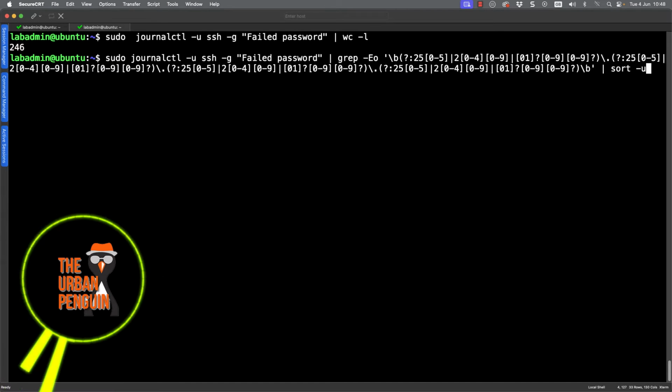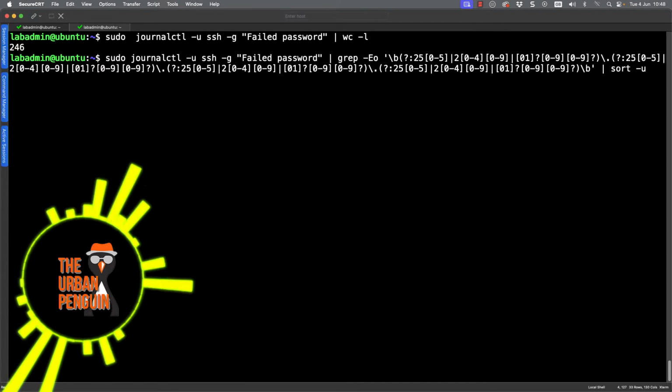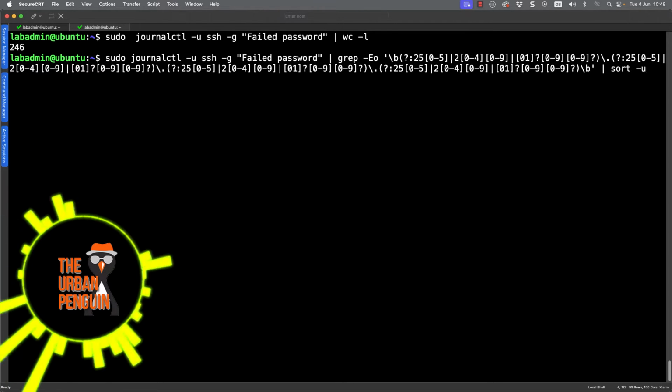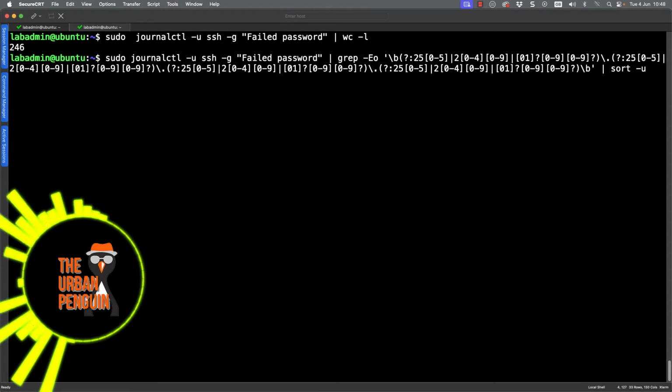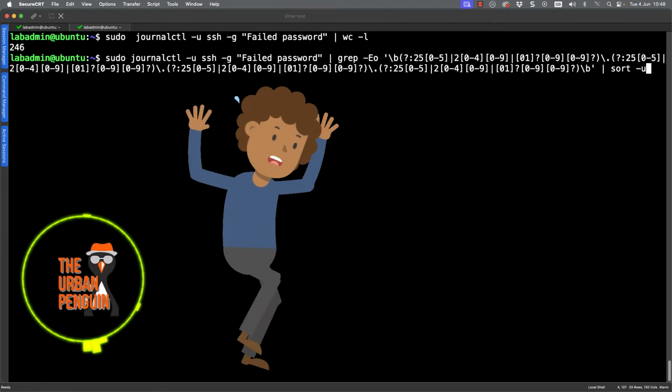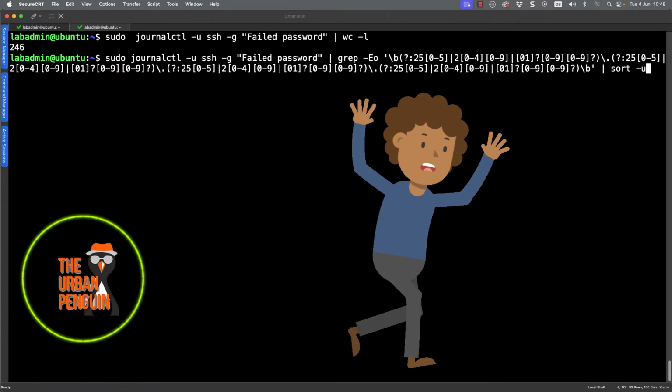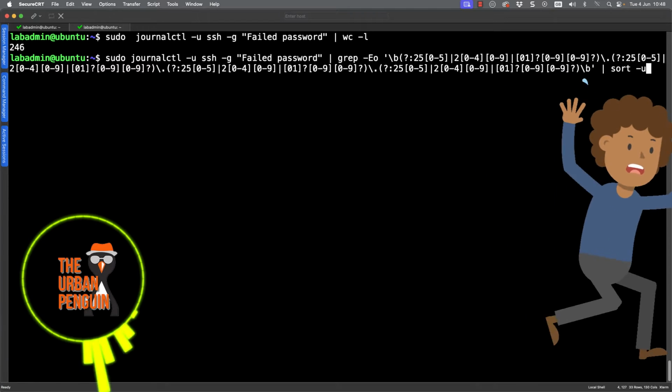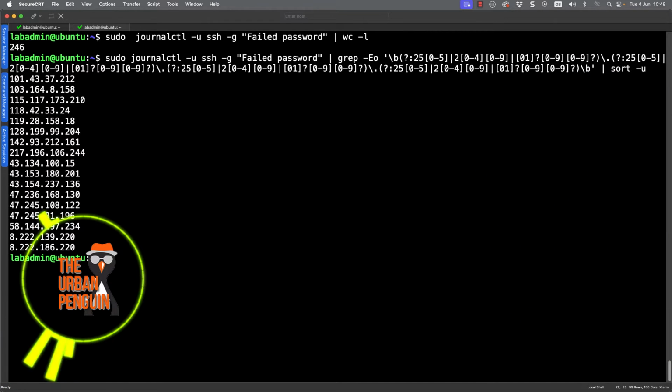I really haven't got that far to go to get to a regular expression that extracts just the IP addresses. So we're really looking at IP addresses for version 4, numbers 0 through to 255. It looks a little complex, I know, but we're also piping the output to sort -u, which is going to give me unique occurrences.